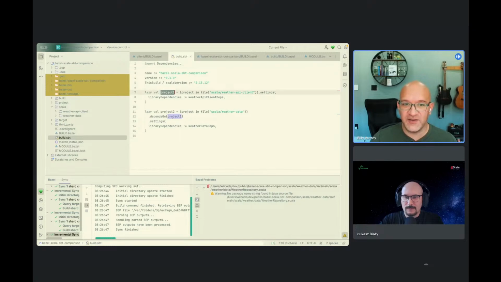The idea here is just that I have two projects, and the projects are looking at the weather API clients and the weather data folders for their different dependencies. I didn't name these very well here, but weather API clients is this project, and the weather data project depends on the weather API client, because the weather API client has a data class in it.